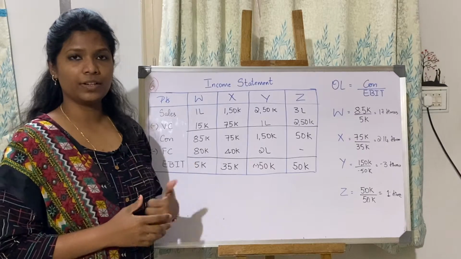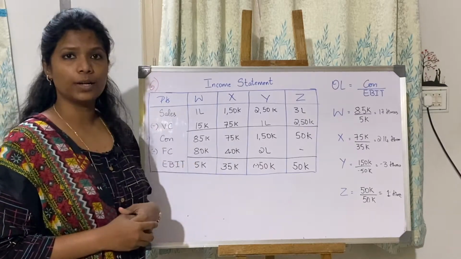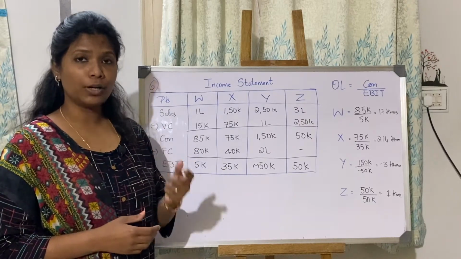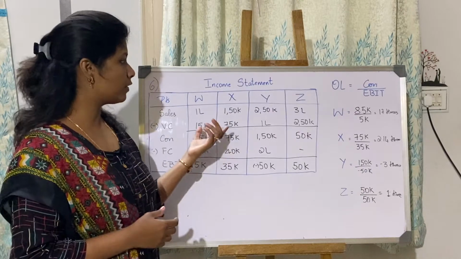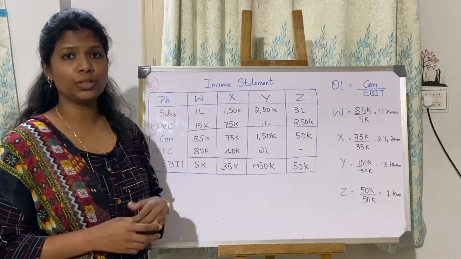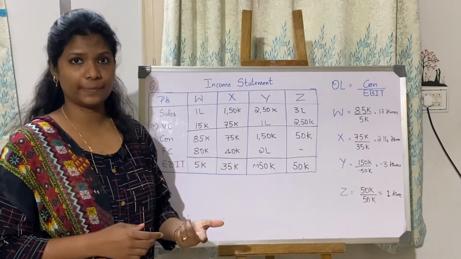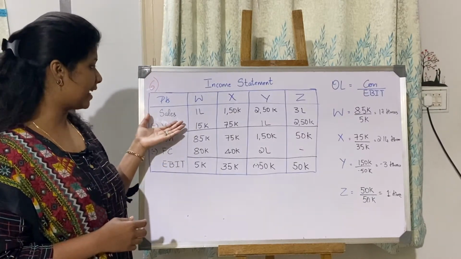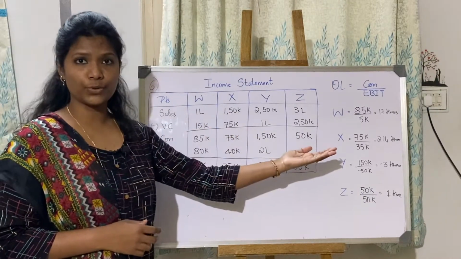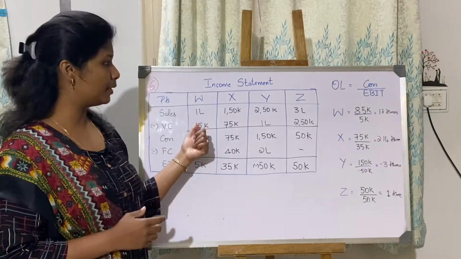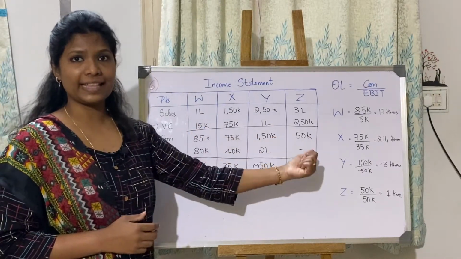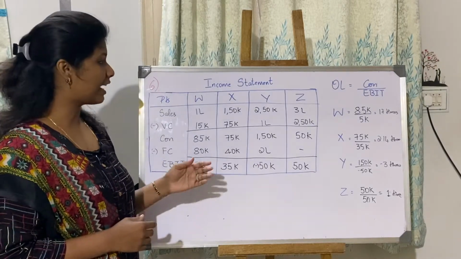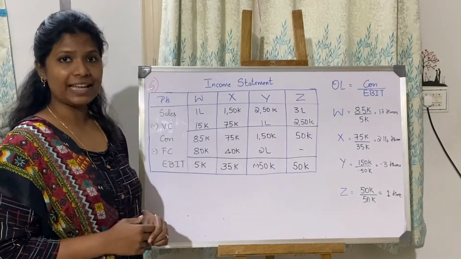So next let's solve question number 6. We have 4 different products, as I mentioned, with the variable cost per unit for each of the 4 product lines along with total units sold. Starting with the income statement, sales. For all the 4 products we're going to solve simultaneously, that is W, X, Y and Z. Sales given in the question is 1 lakh for W, 1 lakh 50, 2 lakh 50 and 3 lakh